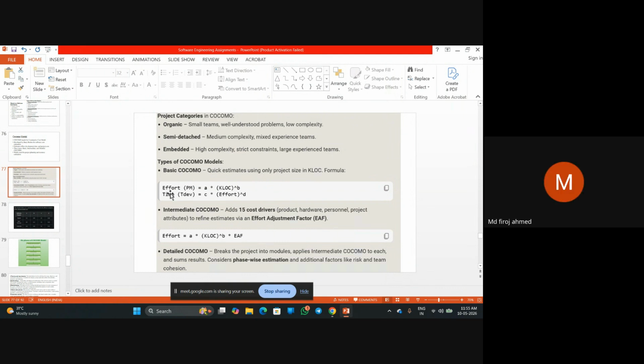So these are the formulas for each model. Basic COCOMO model. Here, effort is measured in person-months. This is the formula: a star kilo lines of code raised to the